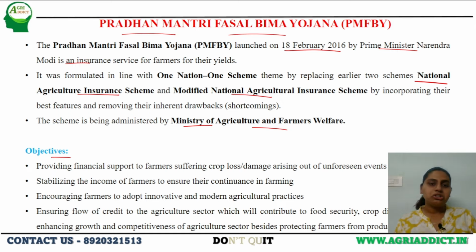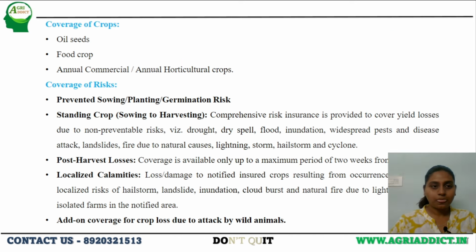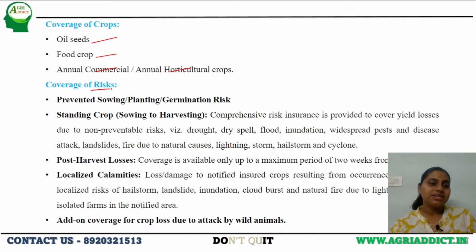And also, to encourage the farmers to adopt new technologies in order to attain sustainable agricultural practices. The crops covered under this scheme are oilseed crops, food crops, horticultural crops, as well as commercial crops. Almost all the crops are covered under this scheme. The various different risks, remember this, that are covered under this scheme are